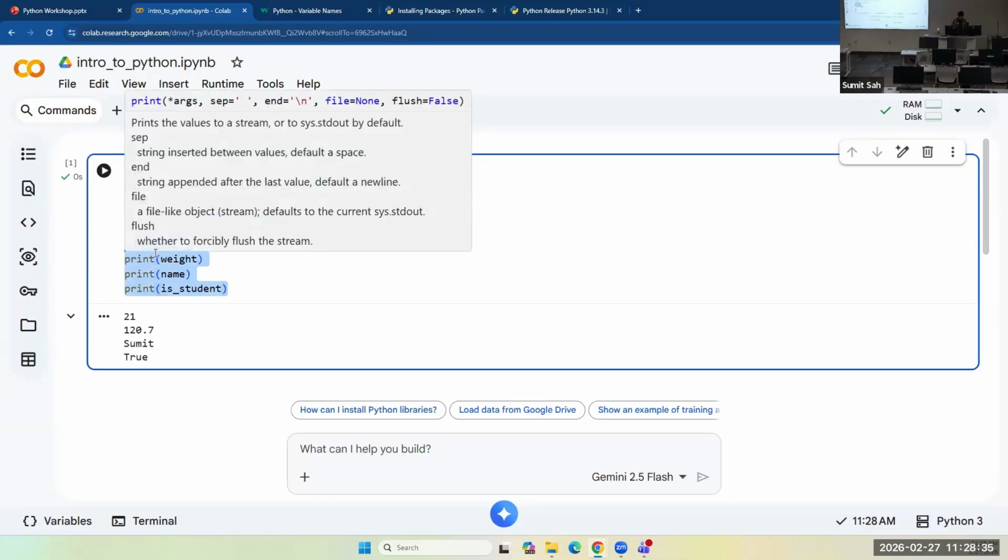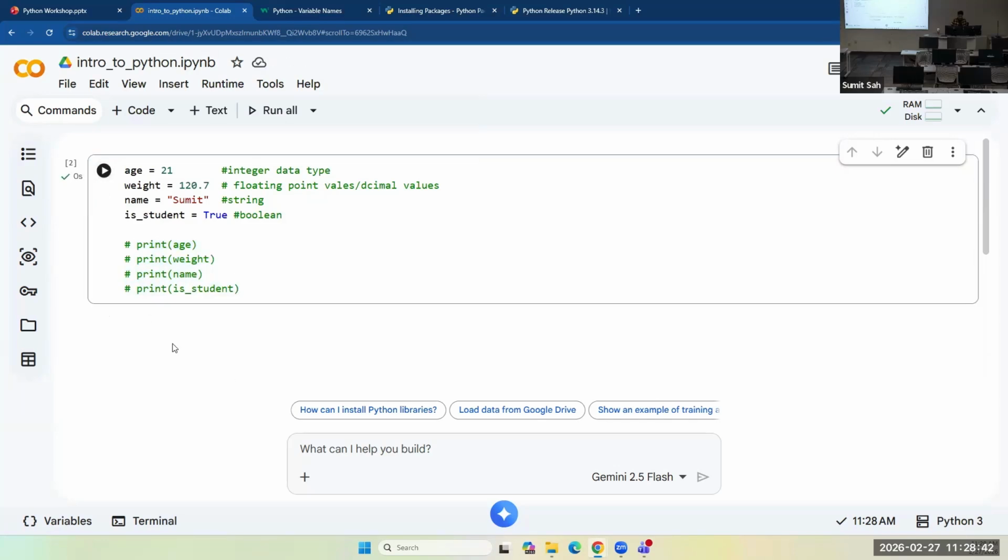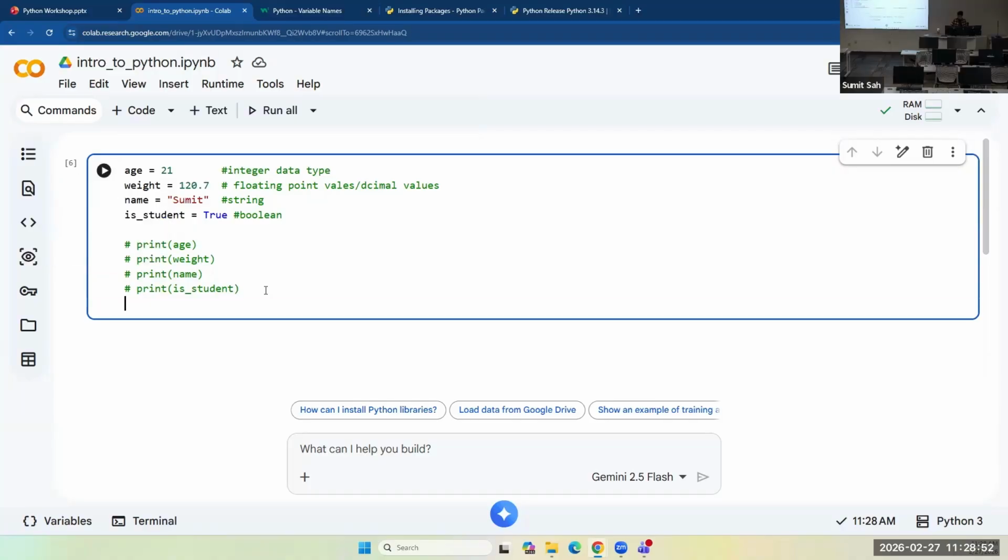You can just hit control and slash and it will comment everything. If you run it, there is no output, because whatever is commented is ignored by the program. So you won't see any output, right?